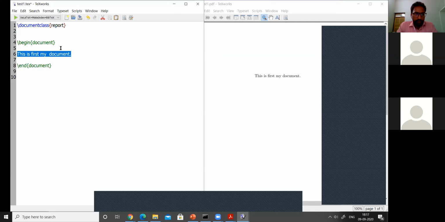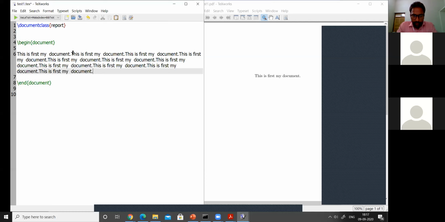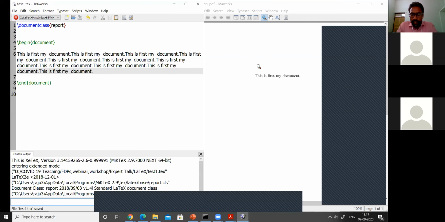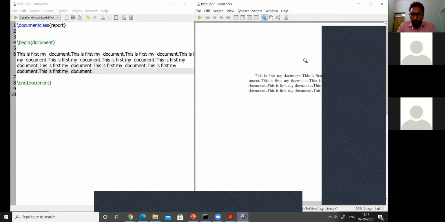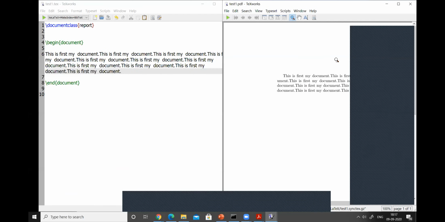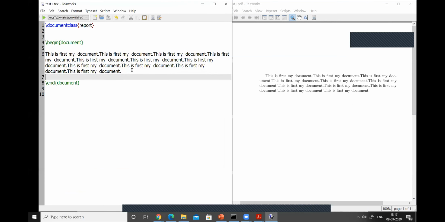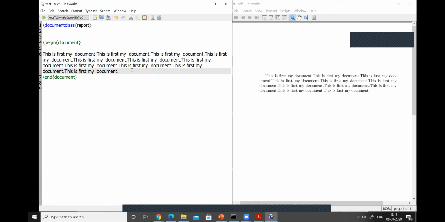So suppose I have written multiple lines of content in my document and I am going to try to compile it. So this will create a paragraph in my document, and you can see that this paragraph is created, and automatically the tab space is created. And if you want to change the paragraph somewhere, suppose I want to break the paragraph,